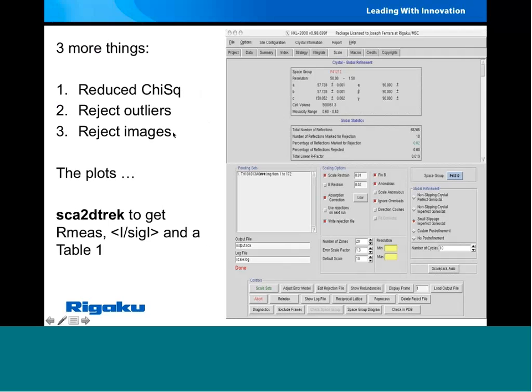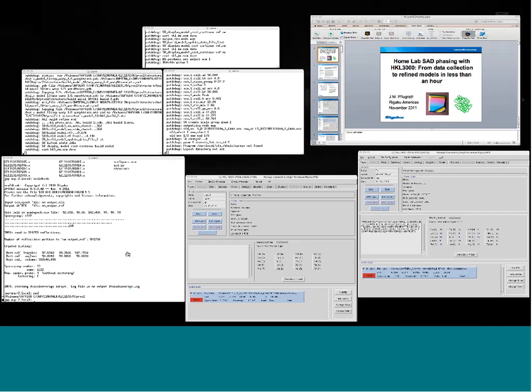I did talk about adjusting the reduced chi-squared. I did reject the outliers by using the rejection, and if there's images to reject, you should do that. I discussed a few of the plots, and one thing I want to talk about separately now is that we've written a SCA to Dirac program so that you can compute R measured, I over sigma I, and table 1. So if I pop out here,